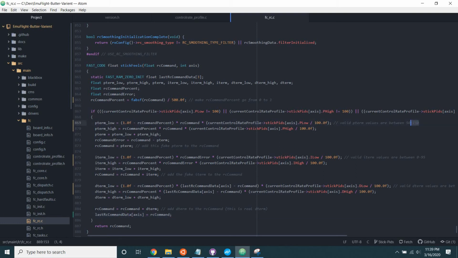So if you want a sharper stick feel, you can set this up to be above 100, and it'll temporarily push your RC command higher than what it's supposed to be, and then your I term can bring that back down and your D term will still oppose the change. So you can look at this D term low and D term high as basically, if I bang the stick, how sharp do I want it to feel? The more D term I add here, the less sharp it will feel as I bang the stick. So if I want it to feel really smooth whenever I bang the stick, that's what I'll add. And then